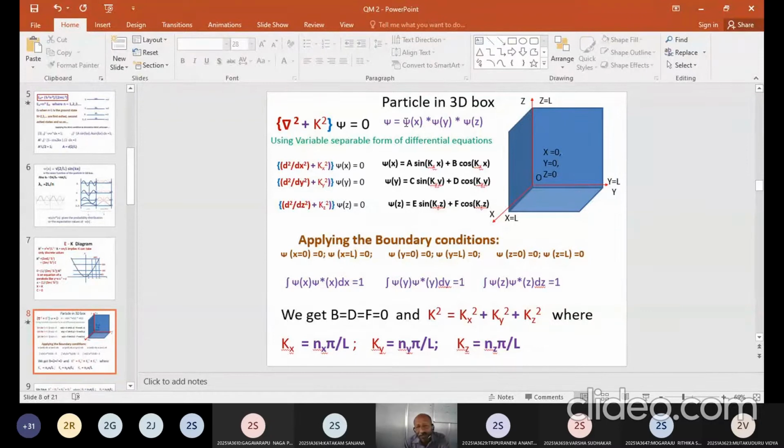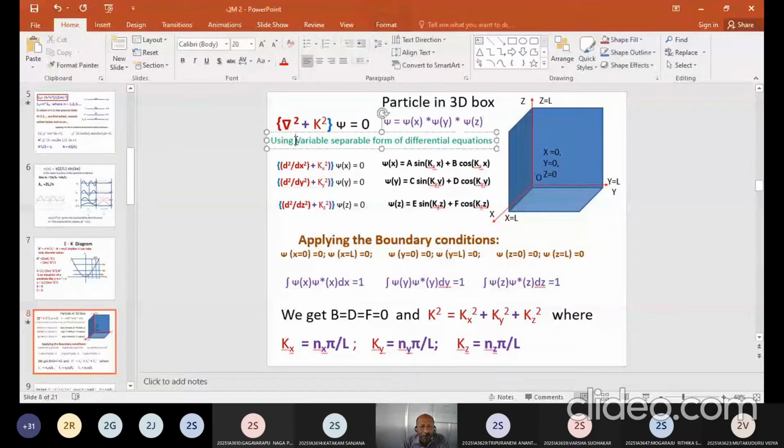Now the wave function of the particle can also be separated into the x component, y component, and z component. So psi is equal to psi x into psi y into psi z. So this is how I have psi. When I substitute del with ∂²/∂x² plus ∂²/∂y² plus ∂²/∂z², and psi with psi x, psi y, psi z, that will be a differential equation which seems very complex, but we have a very simple way,